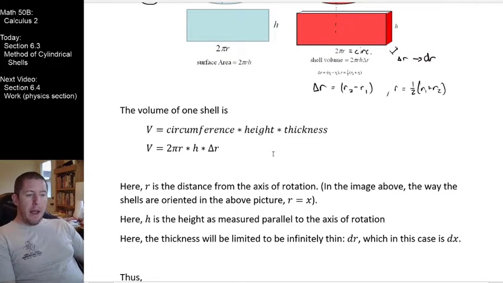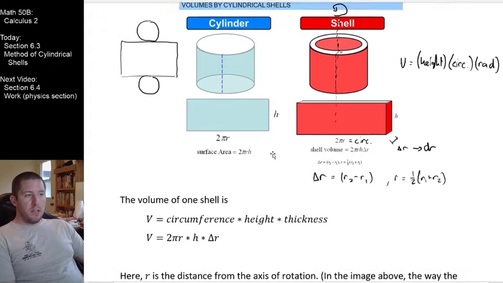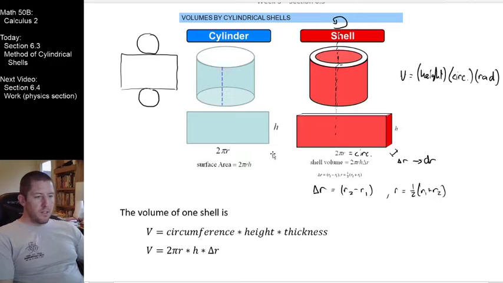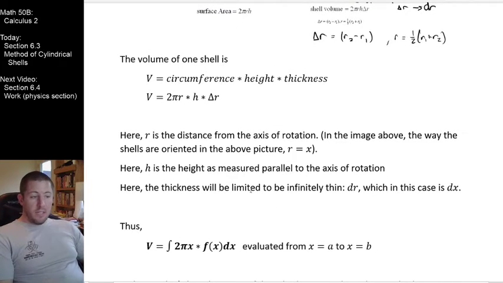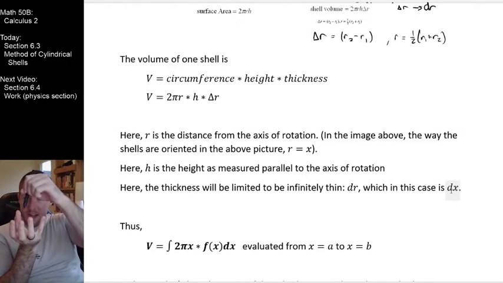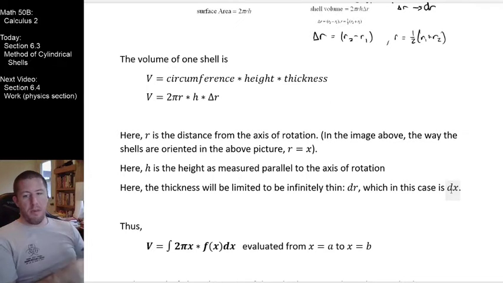h is the height measured parallel to the axis of rotation here. So our axis of rotation is vertical. Our height is also measured vertical. So those are parallel to each other. The thickness will be limited to being infinitely thin. It's going to be not just delta r, but dr, which in this particular case, because the shell that's graphed right there is vertical, the radius is an x measurement, a width measurement. And so in this case, dr would be the same as dx in that picture,